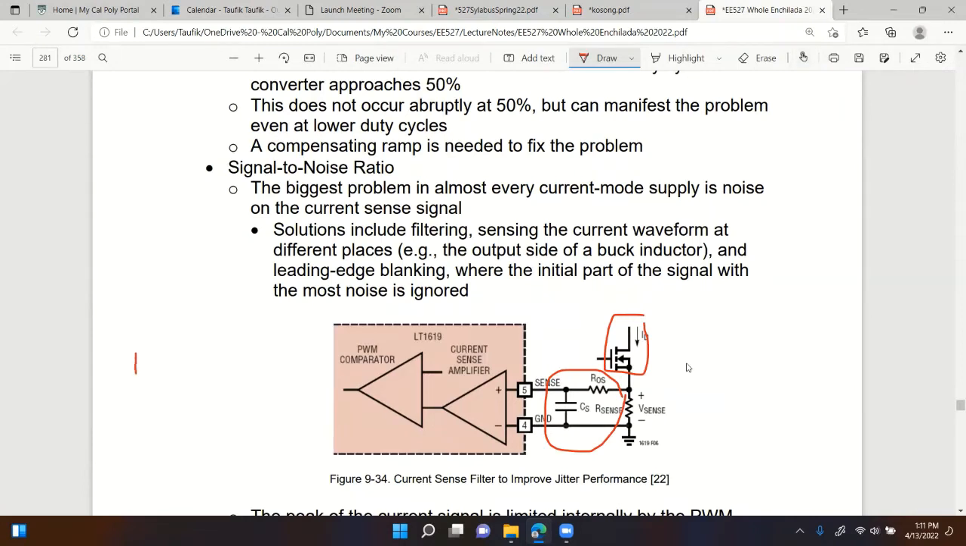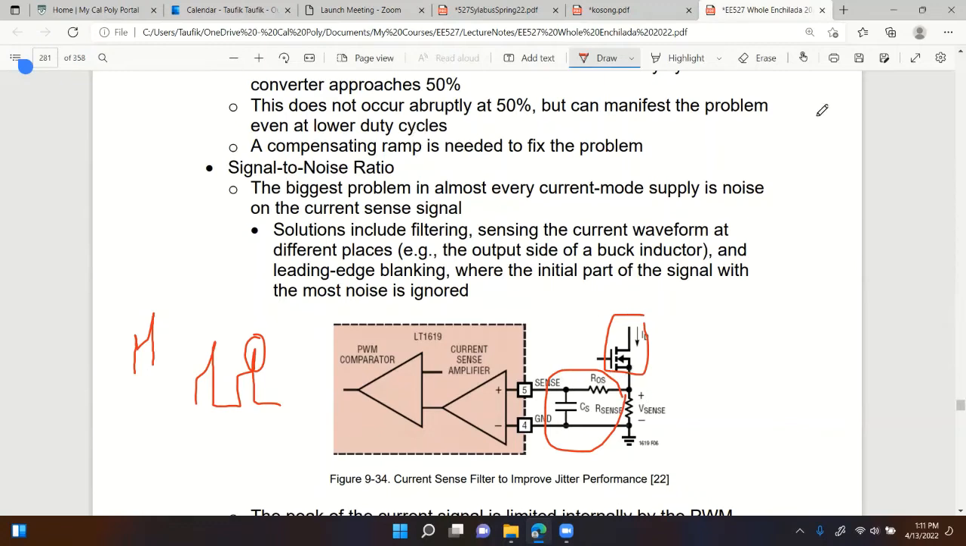So the current through the MOSFET will look something like this when it turns on. It's more like this actually. And so this high frequency noise has to be clipped. That's why, if you have a noisy MOSFET current, make sure you put a low pass filter